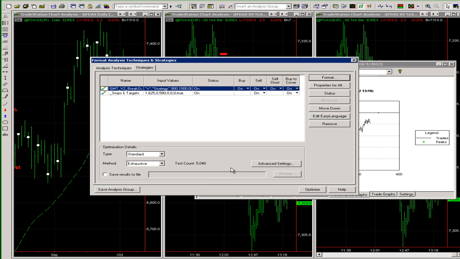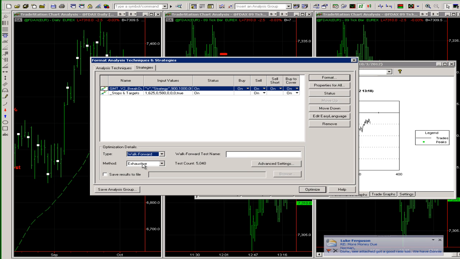So when you're doing this exercise, if you want to in the future run this strategy as walk forward optimization, which is what we're going to want to do, you need to select walk forward optimization as part of this process. So you absolutely have to select that. And the other thing you need to do is give this a name. So I'm going to call this DAX case study